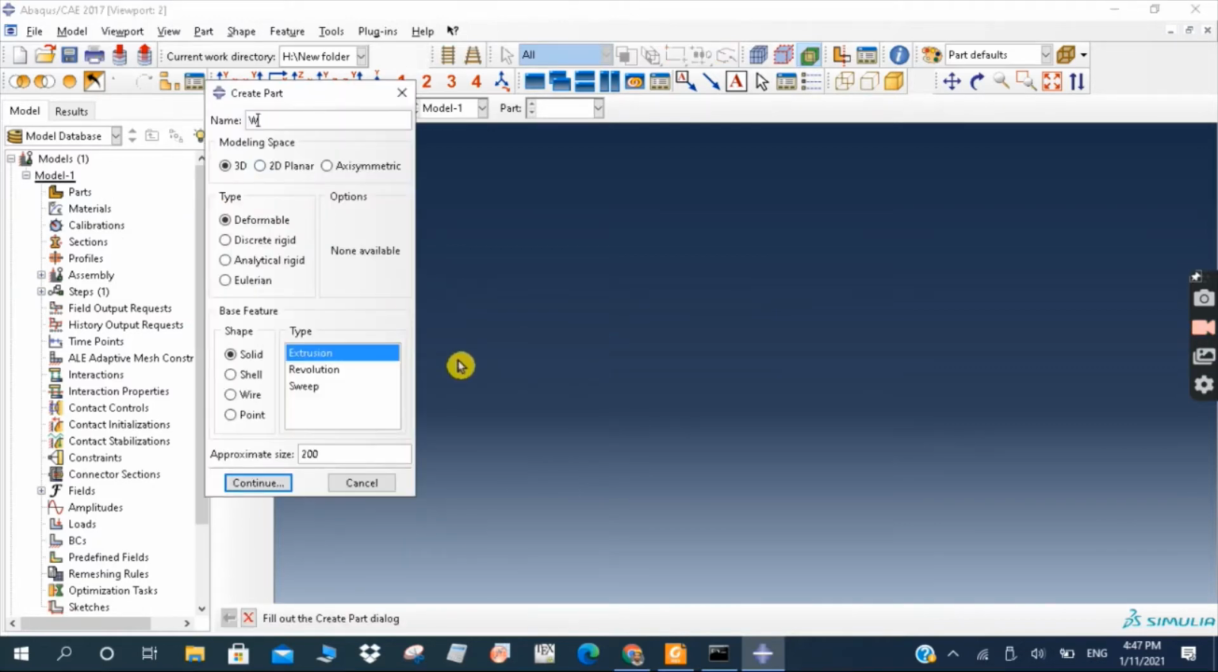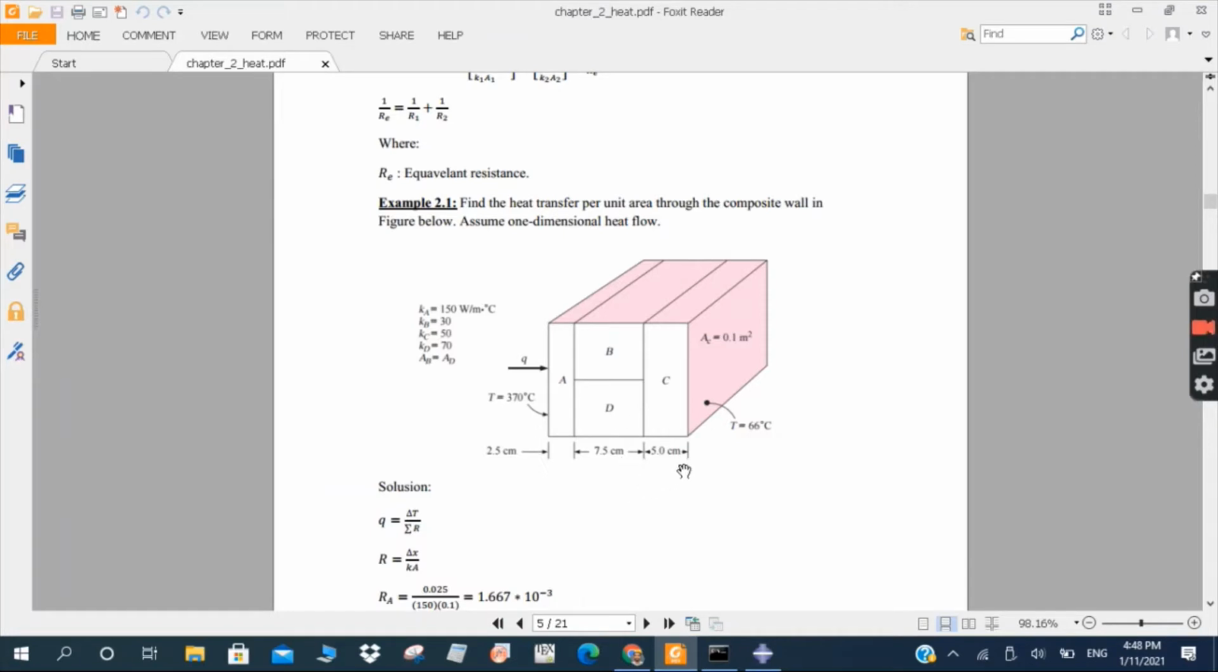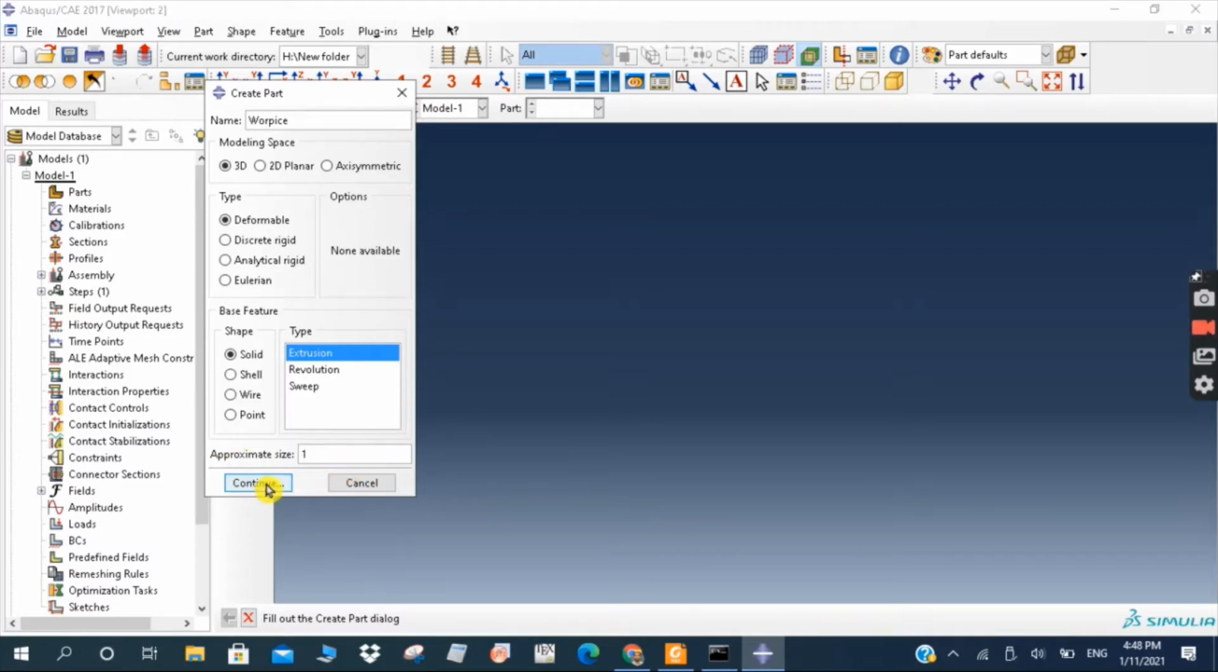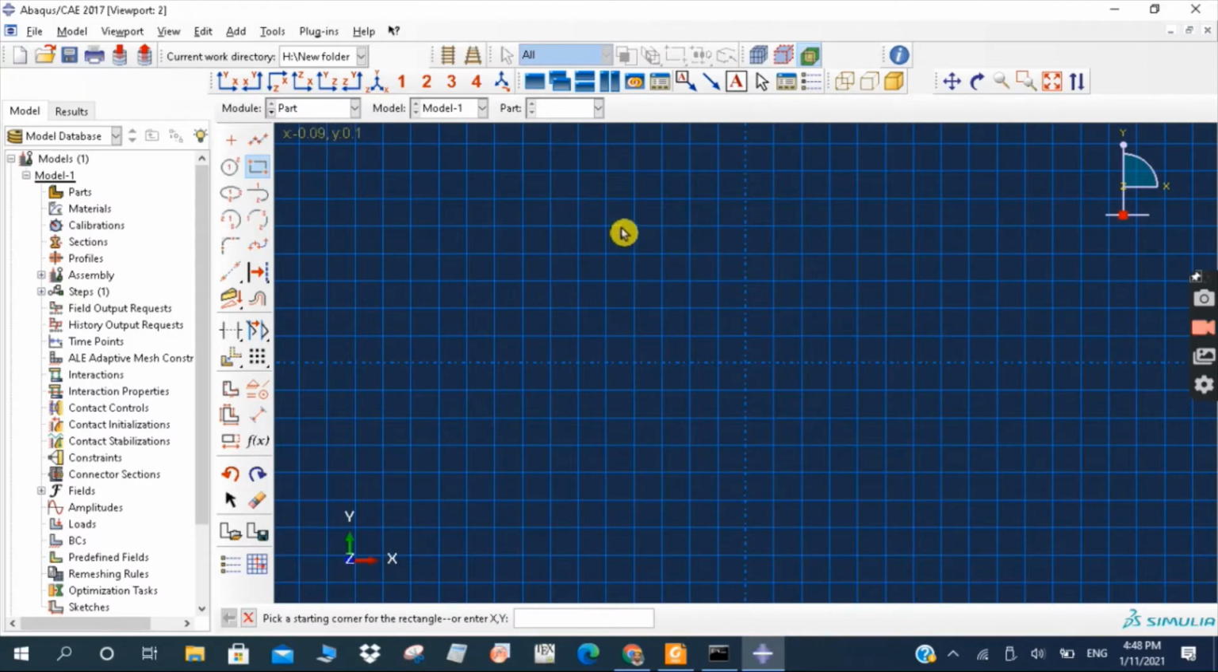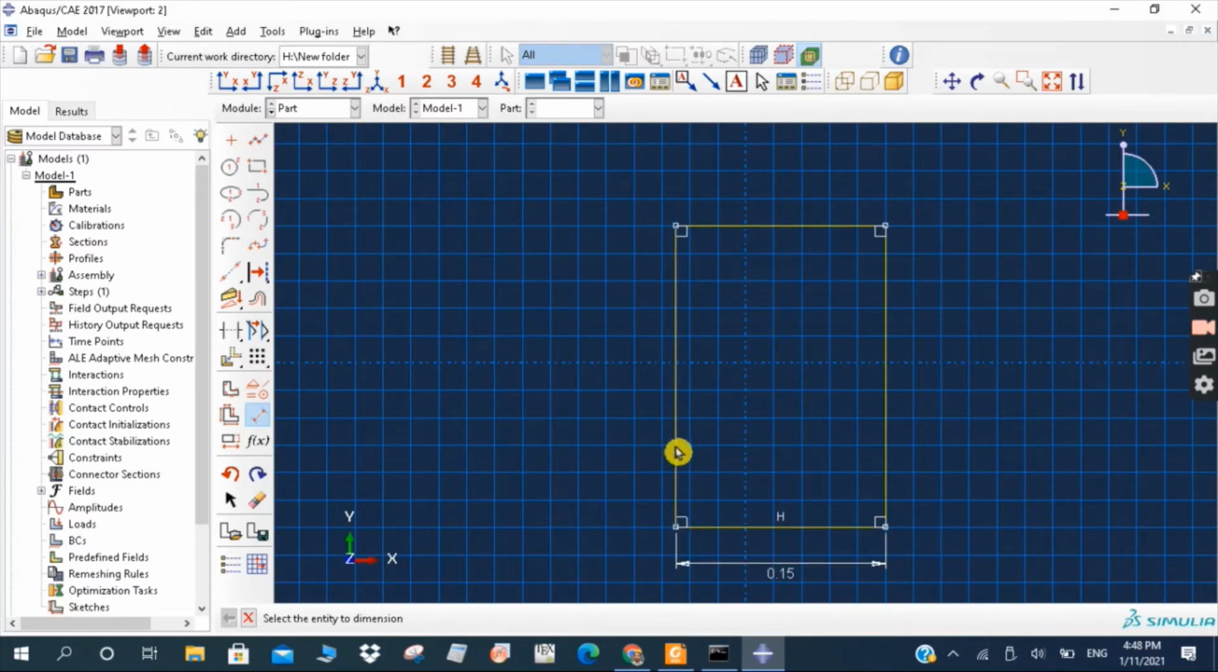Start by creating a workpiece. This workpiece has an approximate size equal to, first we'll change this centimeter dimension into meter, because we have been given thermal conductivity in watts per meter per degree C. So I have to change this centimeter into meter. So we select the approximate size as 1, and we choose a 3D model, deformable solid part, and put in the geometry, set the dimension,